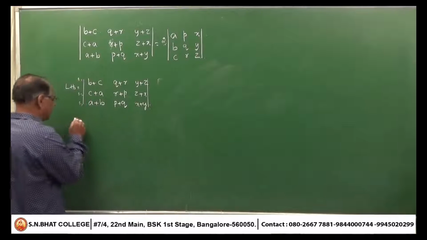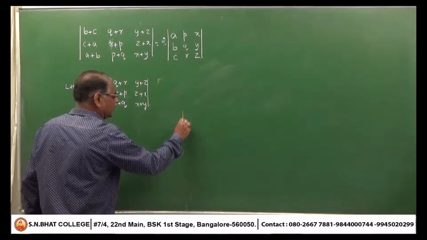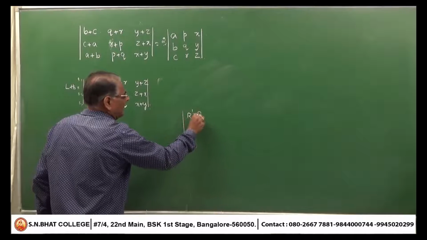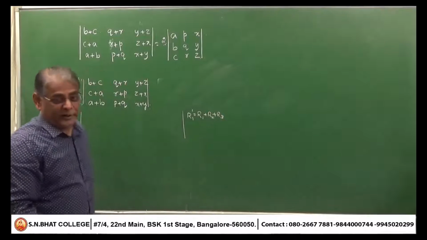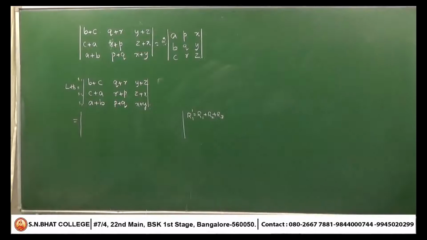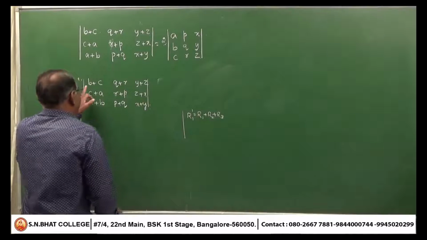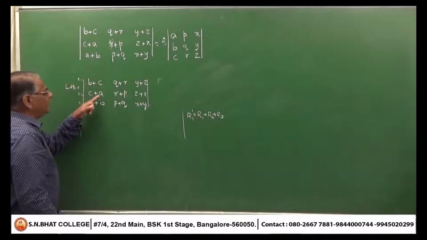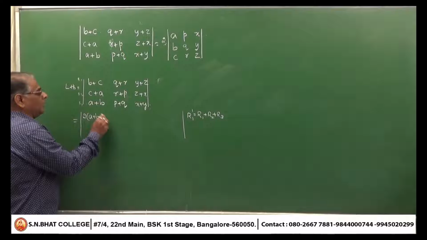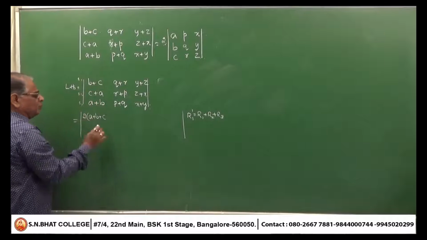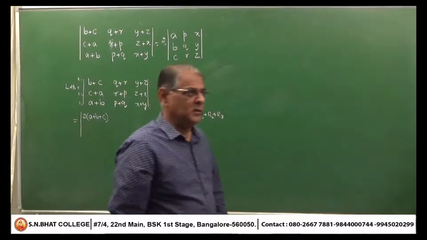Therefore I am doing a row operation. I am adding all the 3 rows: R1 dash is R1 plus R2 plus R3, to get 2 as a common factor. To get 2 as a common factor, you have to add all the 3 rows. It must be written in R1 only. If you add all the 3 columns, it must be written in the first column only. Here you have to write it row wise. b plus c, c plus a, a plus b becomes 2 times a plus b plus c. 2a plus 2b plus 2c is 2 times a plus b plus c.